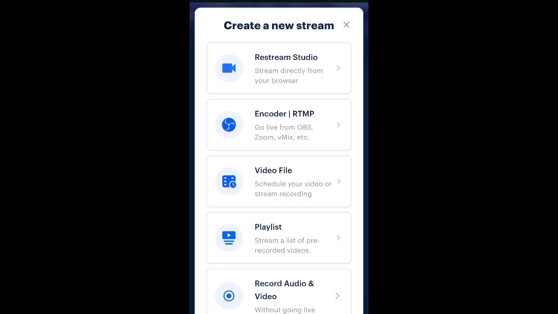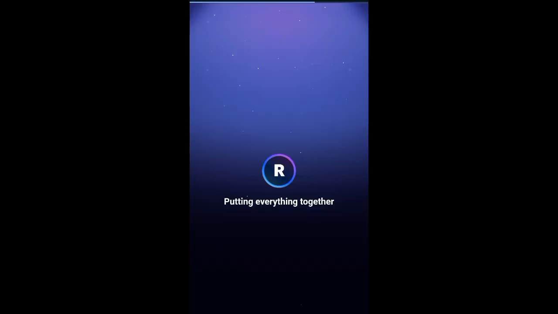Now, because you want to stream, we're just going to go ahead and tap on this new stream. There are two methods. You could either go straight to the studio. Look at this now, you have all these options: Restream Studio, encoder, video file, playlist, and all. What you're interested in is Restream Studio. That is, you're going to be restreaming on your browser directly using the